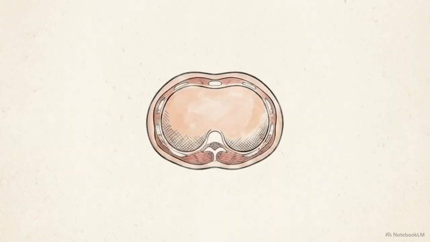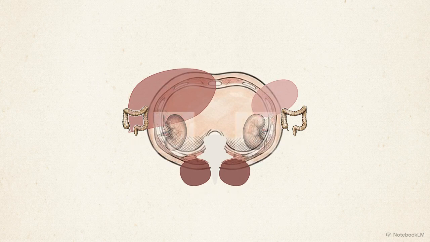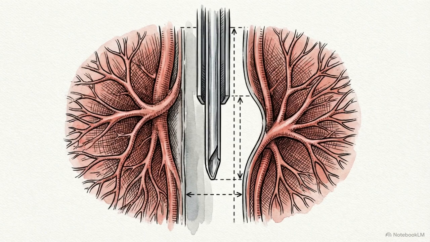This transverse diagram maps the top-down physical layout of the kidneys alongside the colon, liver, spleen, and paraspinal muscles. Revealing the dense arterial tree inside, we observe the critical vascular layout. Notice the distinct gap between the anterior and posterior branches. That gap is Brodal's avascular zone. To secure safe percutaneous access, the physician must thread the needle directly through this specific corridor to avoid severing major